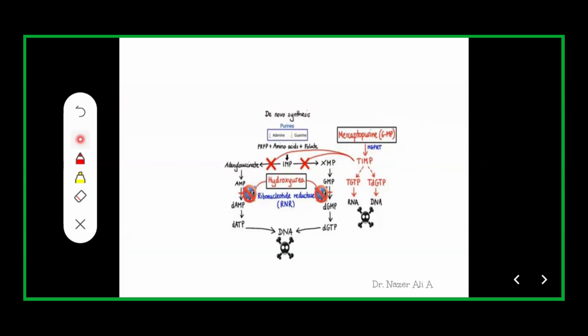So we have to understand the de novo synthesis process, and what all the enzymes involved in this reaction are. Then only we could get to know about the mechanisms. And there is another drug called hydroxyurea. Hydroxyurea will inhibit the enzyme ribonucleotide reductase. This enzyme catalyzes the conversion of AMP to deoxy AMP and GMP to deoxy GMP. If this reaction is inhibited, there is no deoxy GTP and deoxy ATP. So these two purine bases cannot get incorporated into DNA, which ultimately results in cytotoxicity.